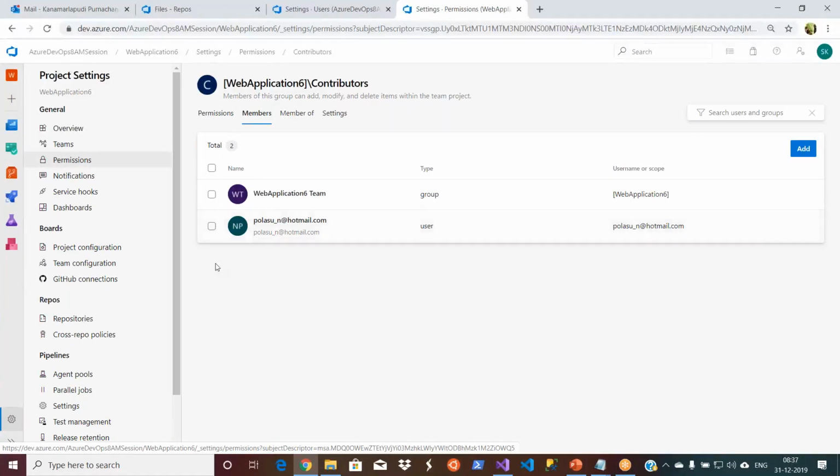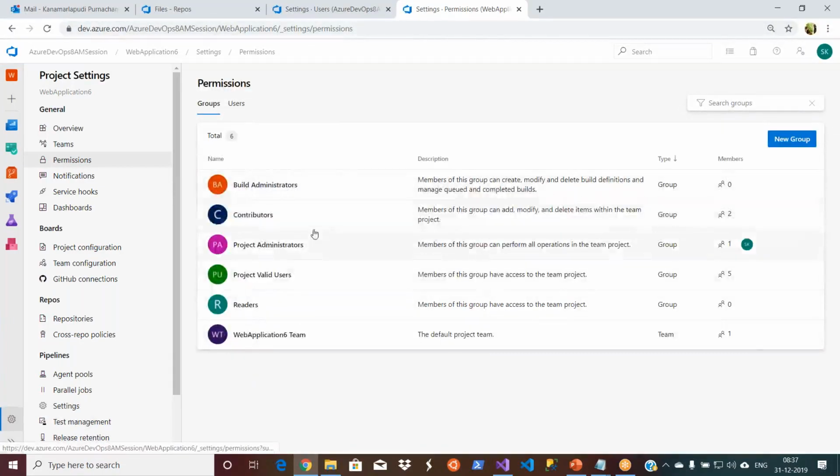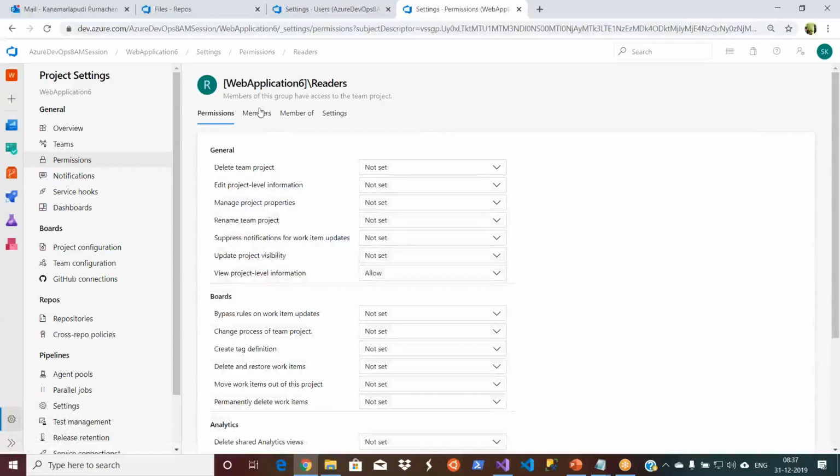He can do a few things. Let me add a couple of other people as well. Okay, I want some of them to be just readers. I mean, you can only read, you can only view. Just open this and then go to members